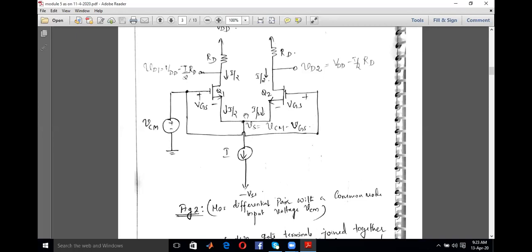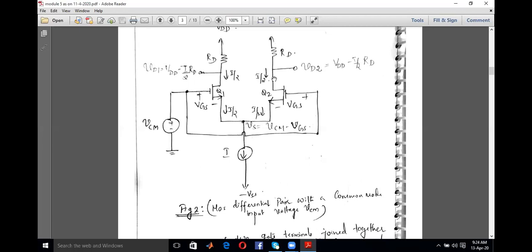Okay, it is not necessary that always the two transistors are having same current. That is, the current will not divide equally among the two transistors. It will be different in different cases. So as of now, you just imagine that the two transistors are biased in saturation region, and I have applied a VCM value. VCM is your input value, such that the two transistors are having same current flow. I'll come to it later. That is how you can set this VCM value between a limit or between a range, so that your current across the two transistors will be same. That I'll explain later.